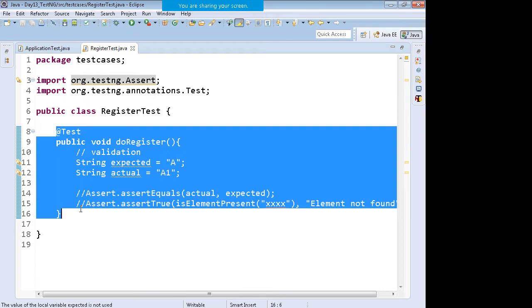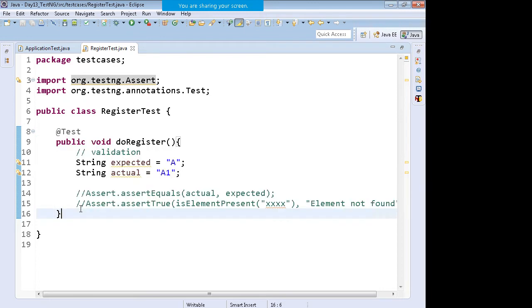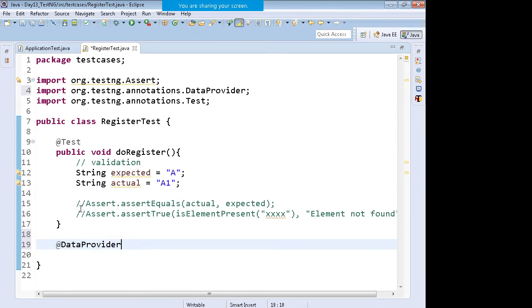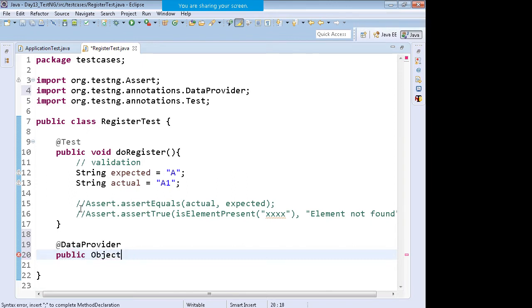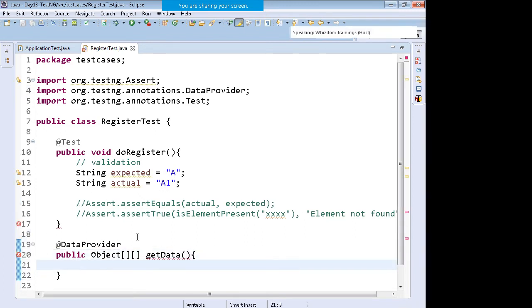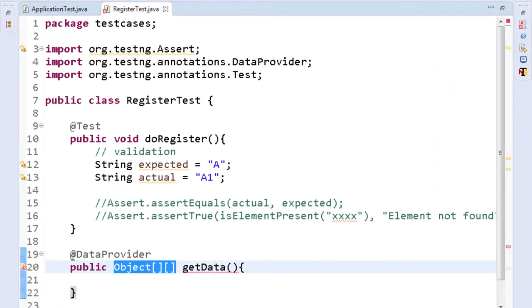For that I will have to use an annotation known as data provider. You write like this: public Object[][] getData. So this object array is returned by this data provider.